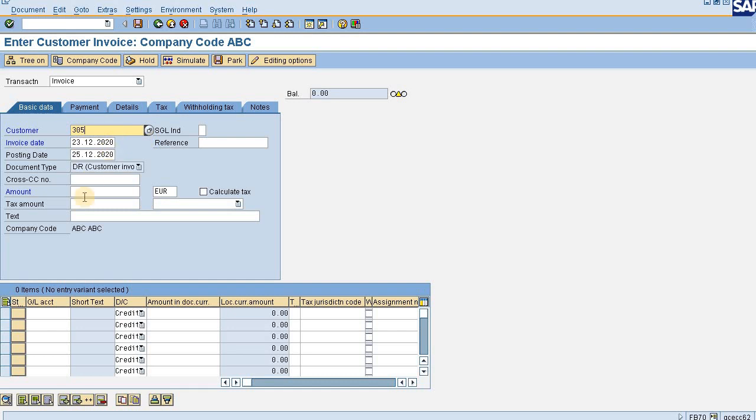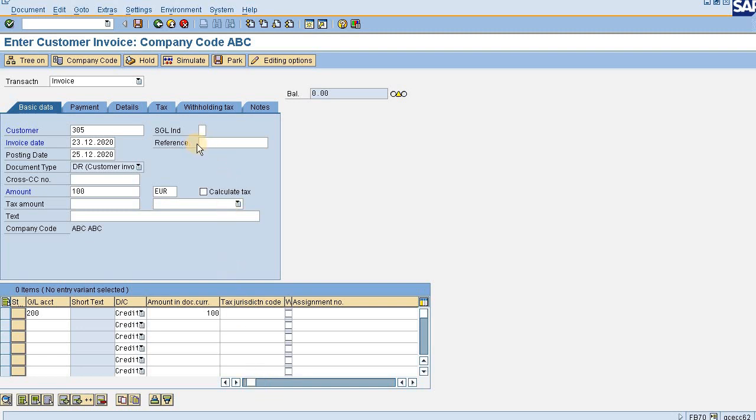Let me put a customer number, then amount, then a GL number, amount needs to be given, cost center given. Fine. Now just pressing enter. I think all the mandatory fields are given now.